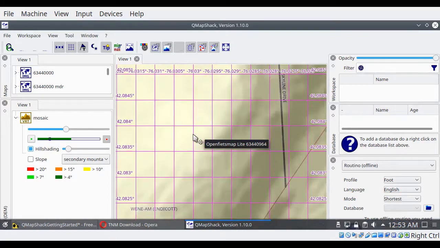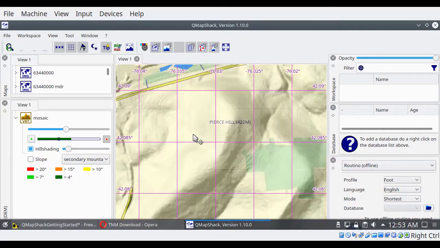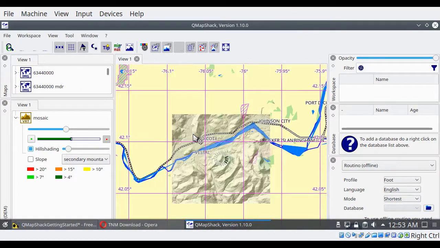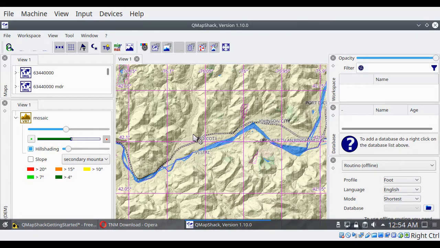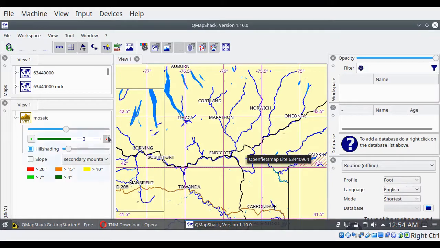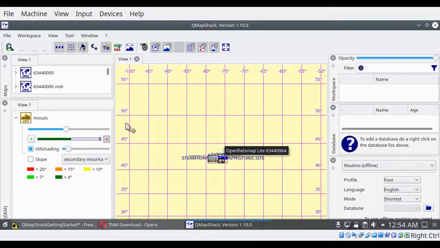And if I zoom out again, well, as you're zooming out, this is where hill shading stops. And then if you want to get rid of that again, just zoom all the way out. I mean, this little indicator is showing the zoom level, basically. That's as far out as you can zoom. If I hit that,